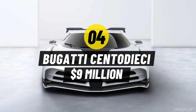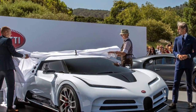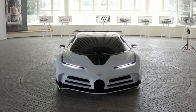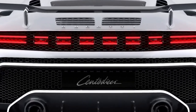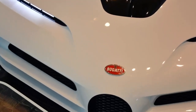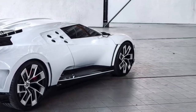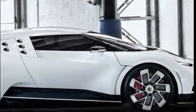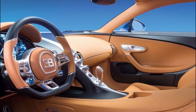Number 4. Bugatti Centodieci. With this supercar, Bugatti pays homage to its 110-year-old legacy. The word Centodieci means 110 in Italian. The car is equipped with an 8.0-liter W16 engine capable of producing a staggering 1,600 horsepower. It can accelerate from 0 to 62 miles per hour in just 2.4 seconds, making Centodieci the quickest accelerating Bugatti